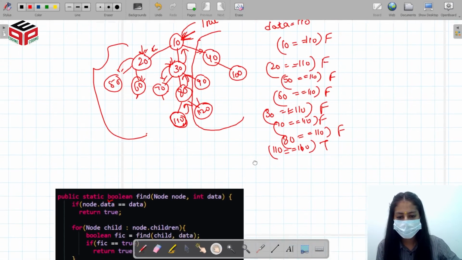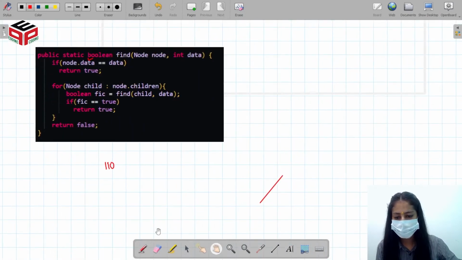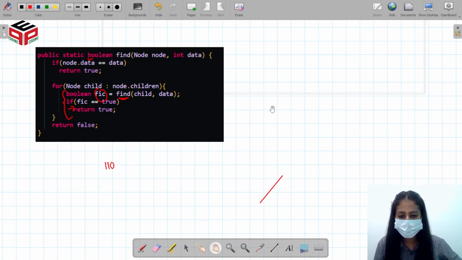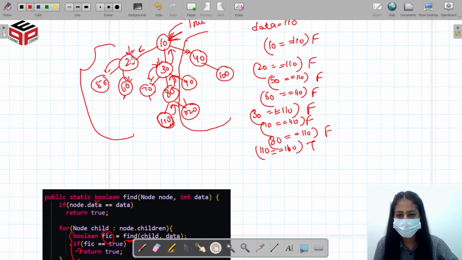Right? But for now it's false, so 10 will call its children to find if they have the given value. Right? So we store the result of the find function in some boolean variable. When we get true in this, we simply return true and there is no need to traverse the rest of the children, right?